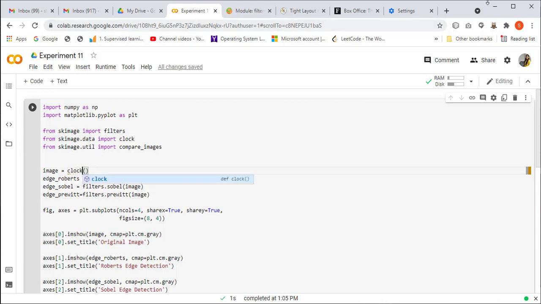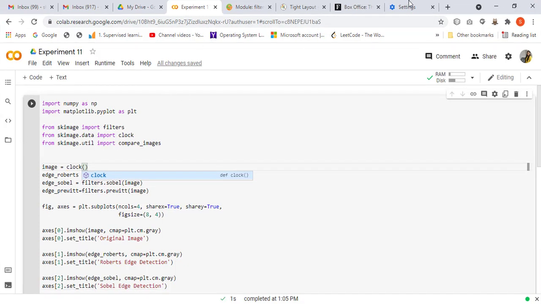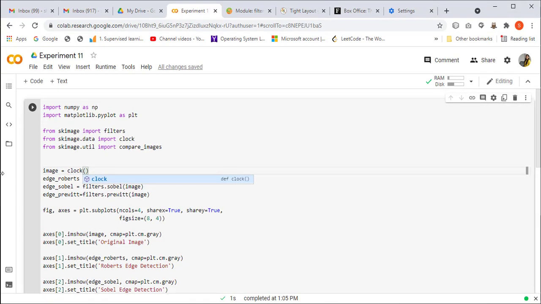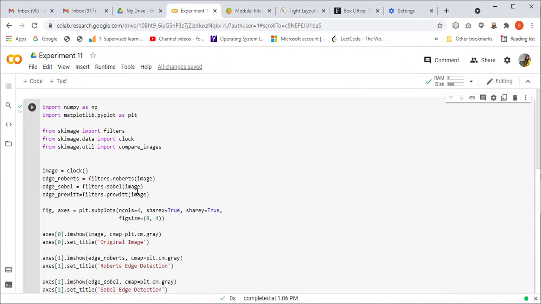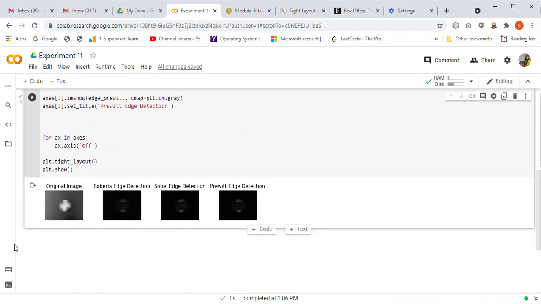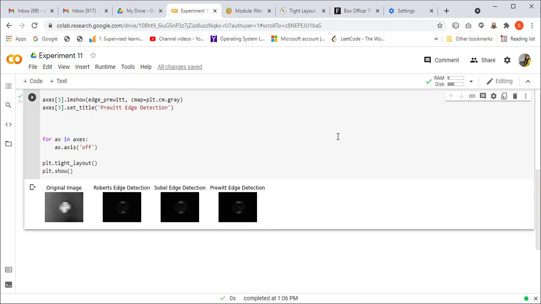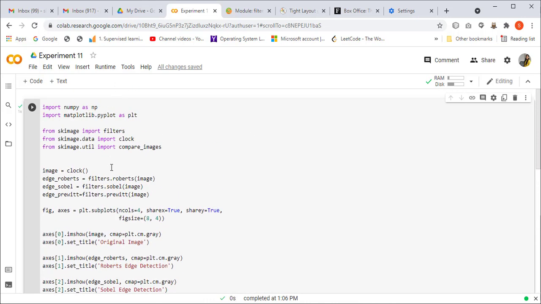Then when you execute this code, you will have a different output, which will be for a clock. There are different images, so please go to that site also and check the output for different images.